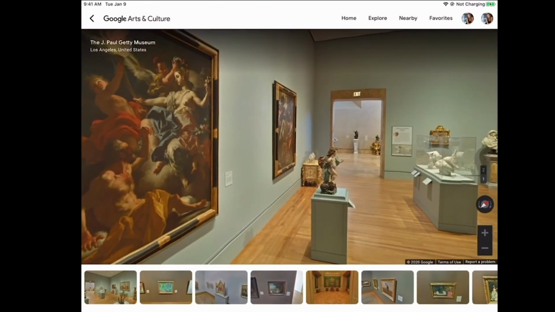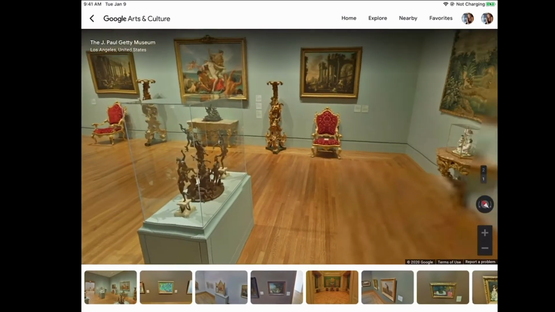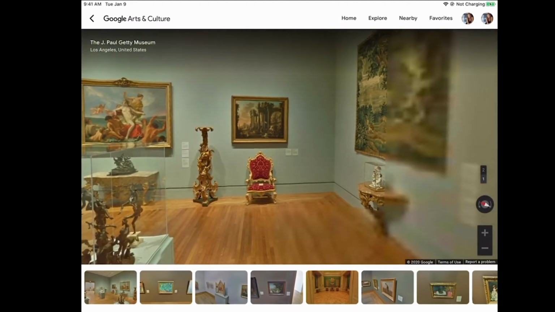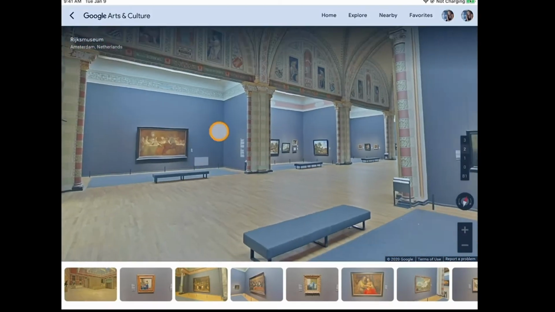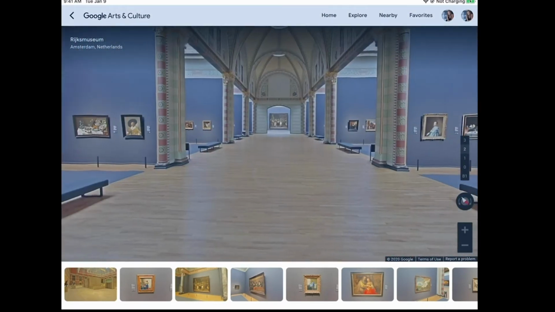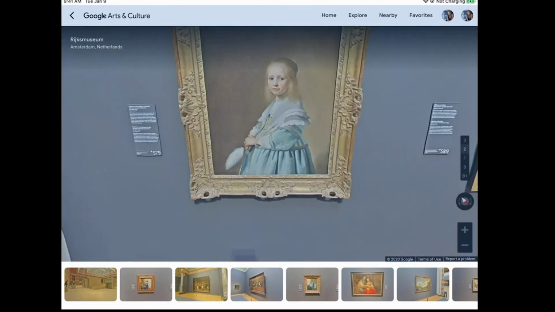You get to see the architecture of the building, the colors of the walls, and the artworks curated for each room. I'm showing you this on an iPad, which allows me to use the touch screen to move my way around. But you can also use your mouse to double click to where you want to go, or you have this very clever little navigation panel here on the right-hand side.